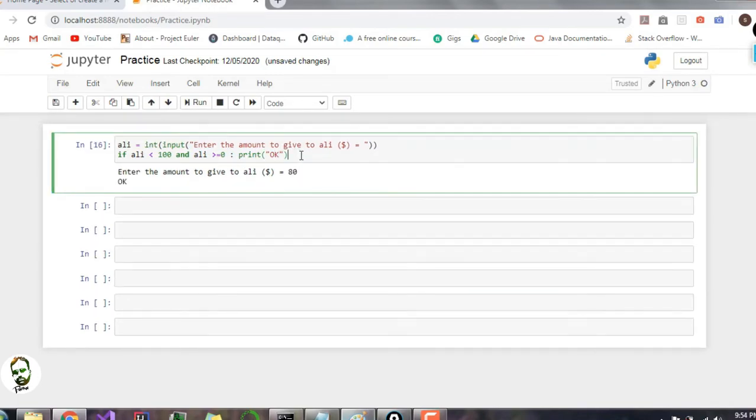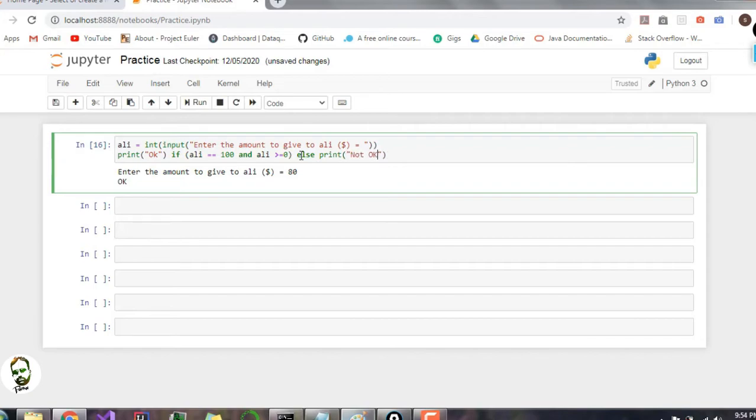Now I want to add the else part also, so I will need to change the format. In C++ and other languages, there is a thing called the ternary operator. Now we will use the ternary operator or conditional expression. So I will write print okay if Ali is less than or equal to 100 and Ali greater than or equal to 0, else print not okay.